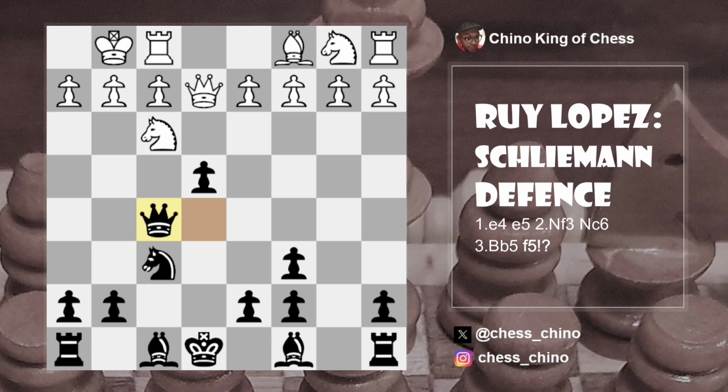And now the point here is that after, say, something like d3, try to take advantage of the pin on the e file, bishop a6. This kind of illustrates one of the benefits of playing b takes c6 rather than d takes d6. So there's the pin on the queen, and the thing here is that a move like c4, to try and stop the bishop from x-raying the queen,